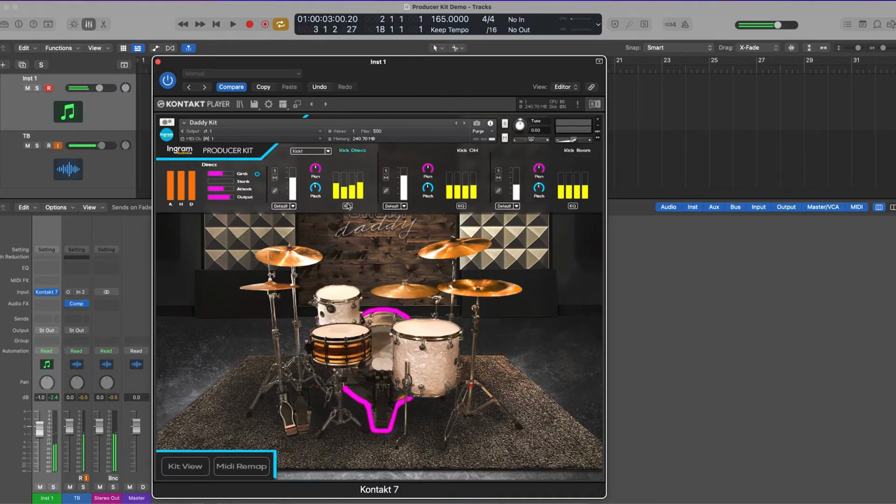And then for the kick drums, like I said, there's 2 kicks to choose from. Turn all these off. I think it's good. This is kick 1. That's kick 1, and then we got kick 2. Then we got a rack tom, floor tom,